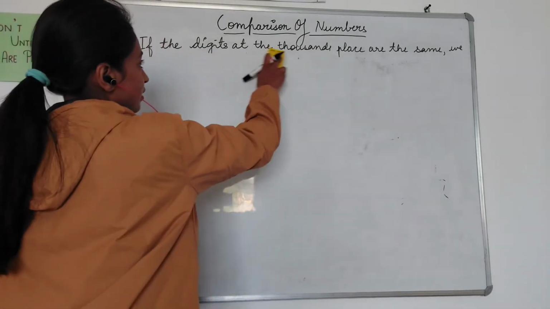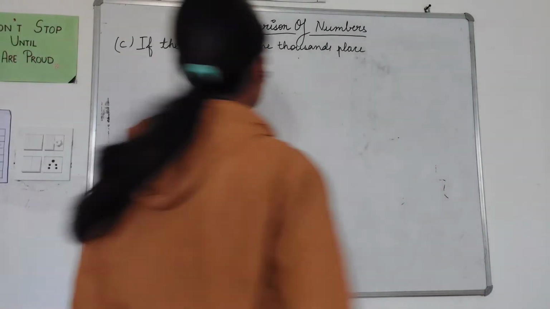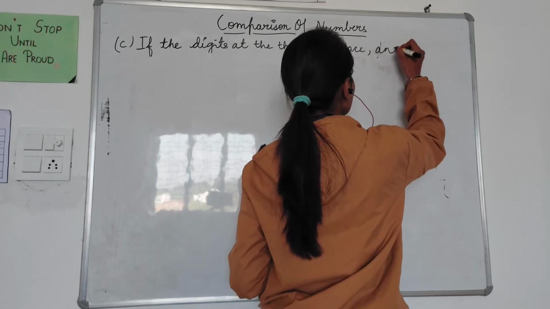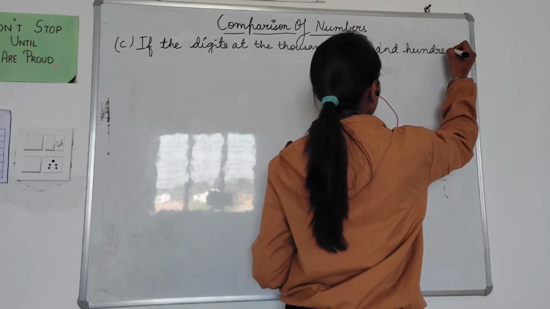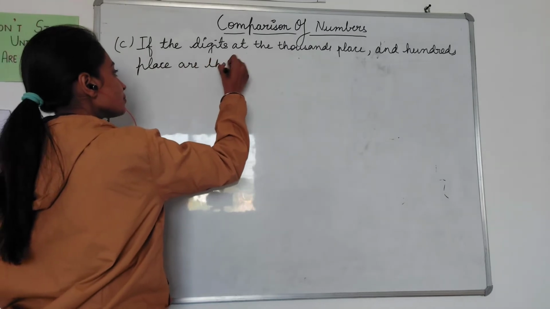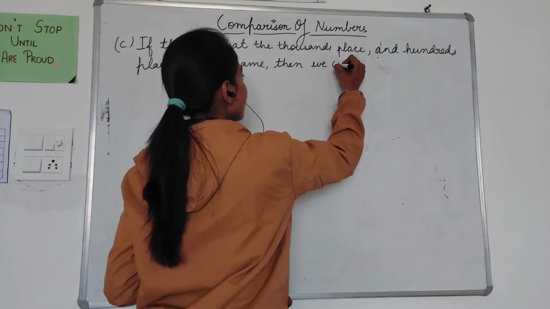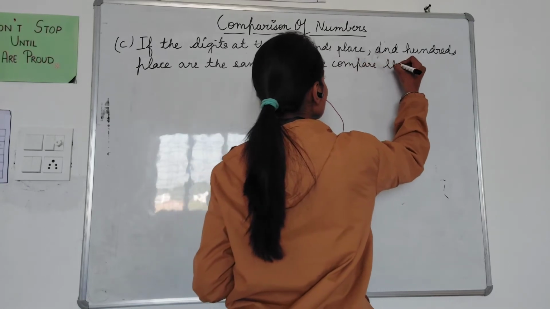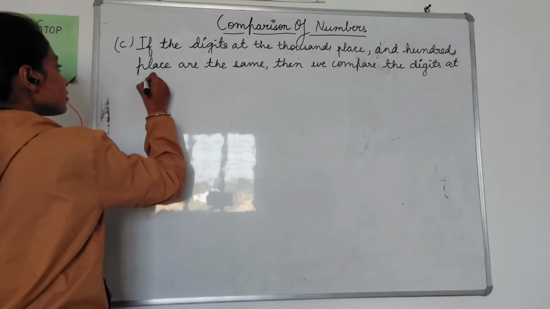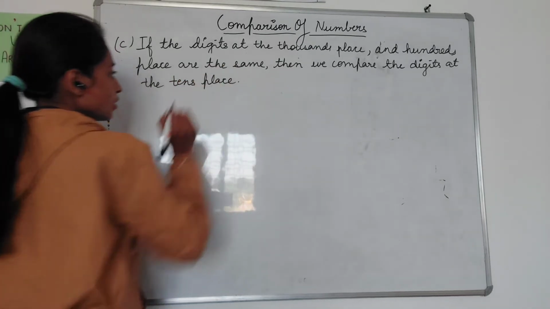Okay, if the digits at the 1000 place and hundreds place are the same, then we compare the digits at the tens place. Okay,